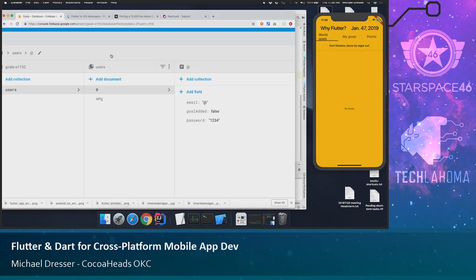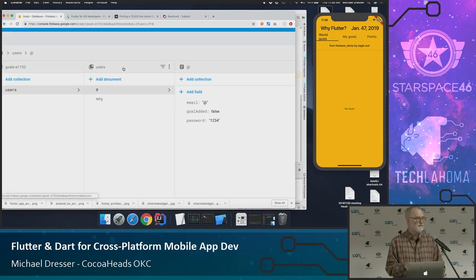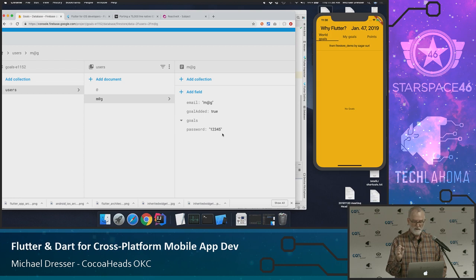And now, if I go to Firebase's Firestore, which is a console for the web, what you'll see is that I'd already done this before, that I've logged in, and you can see the information here. The idea of this app is to be able to write a list of goals for the year, to be able to share those with others to presumably hold you to those goals.